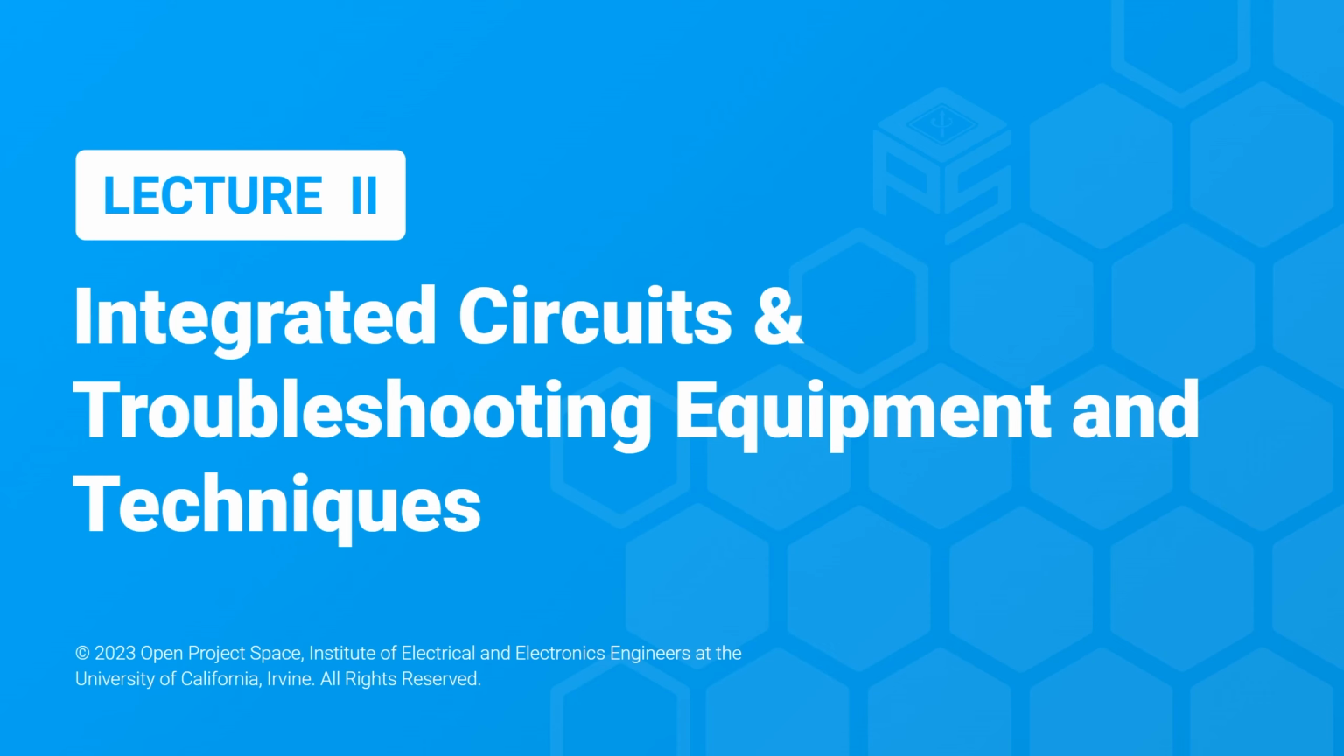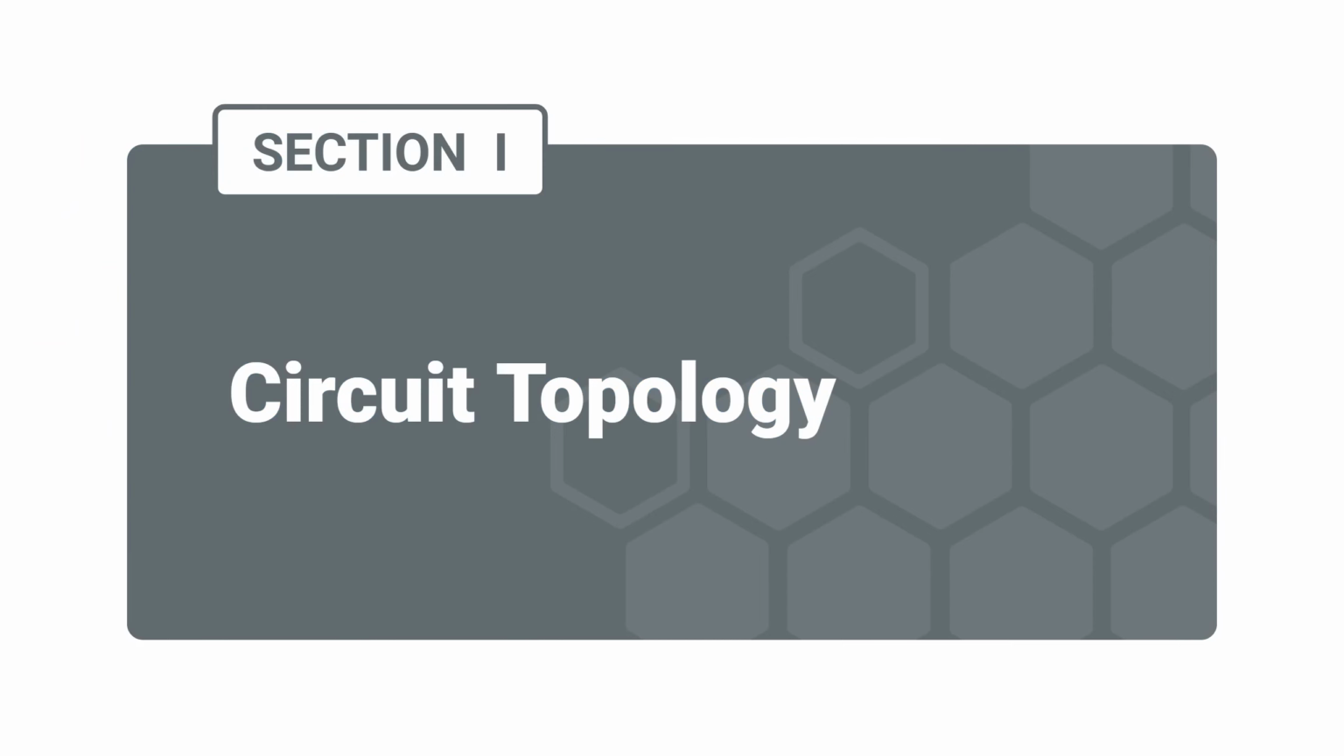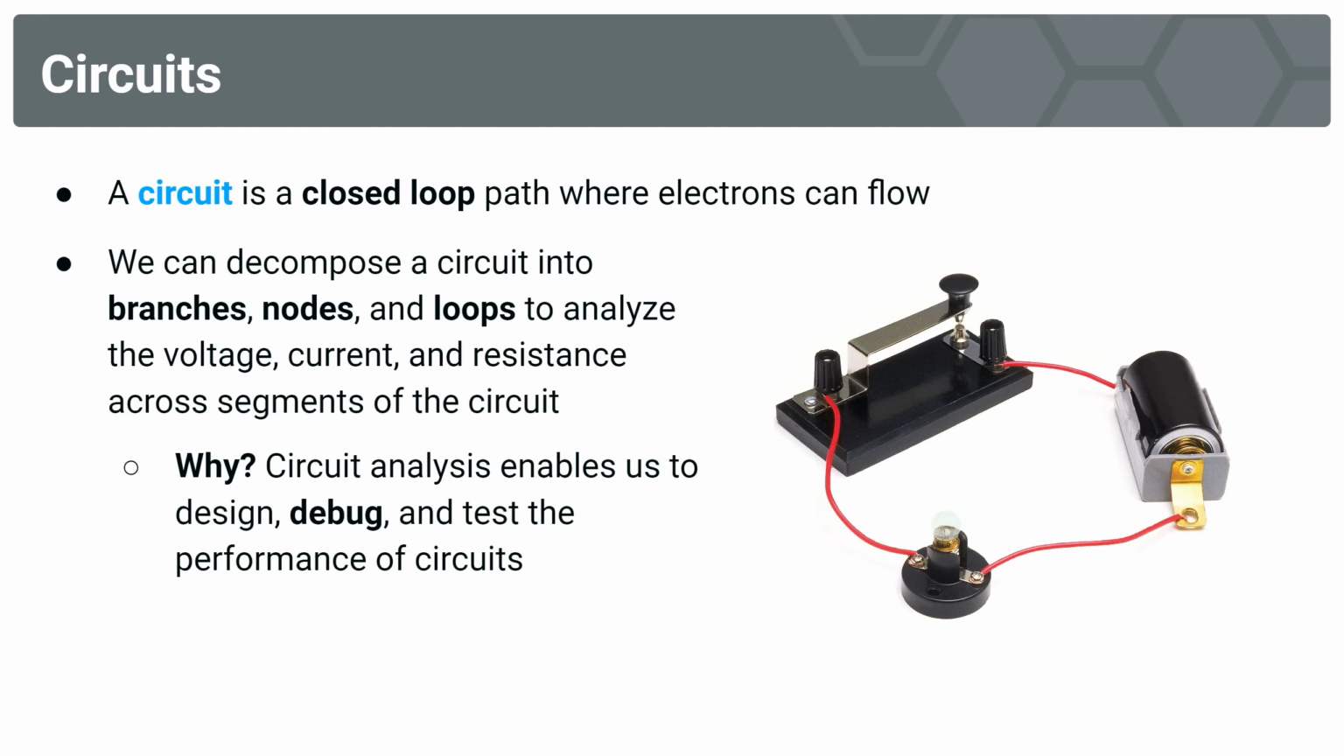And now we have to begin with a long-awaited discussion on circuit analysis and circuit topology. So I think, of course, we should start by redefining what a circuit is. Remember from the first lecture, a circuit is a closed loop path where electrons can flow. And now we extend this conversation to include new ways to describe our circuit. We can decompose our circuit into branches, nodes, and loops to analyze the voltage, current, and resistance across the segments